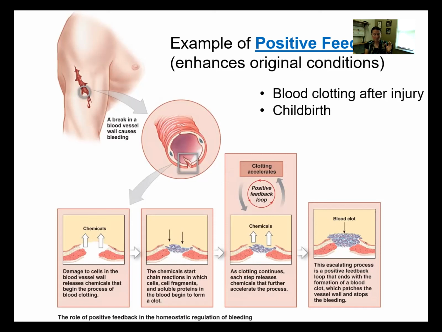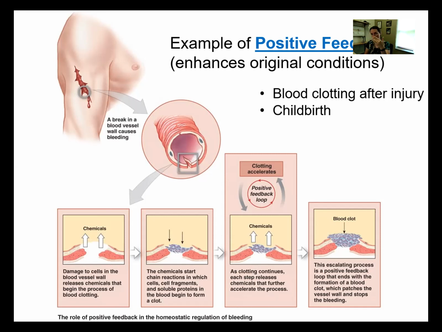Okay. Another example is childbirth. Right? So at the end of a pregnancy, levels of hormones and chemicals surpass a certain level and essentially, again, produces this exponential growth in response, right? So more contractions and more contractions and more contractions, more propulsion of the fetus towards the birth canal, and essentially,